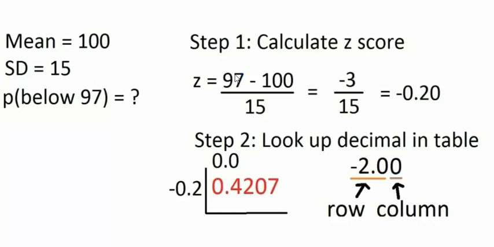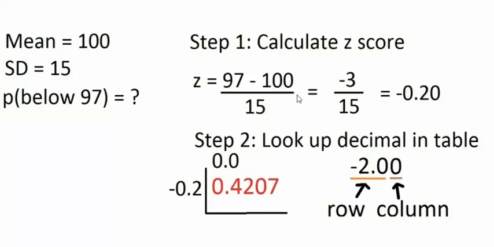So 97, remember, to get a z-score, you use a specific formula. You take the data value, subtract the mean, and divide by the standard deviation. That gives you a z-score. So what I'm doing is taking our IQ score, subtracting the mean of 100, and dividing by the standard deviation of 15, and all three numbers